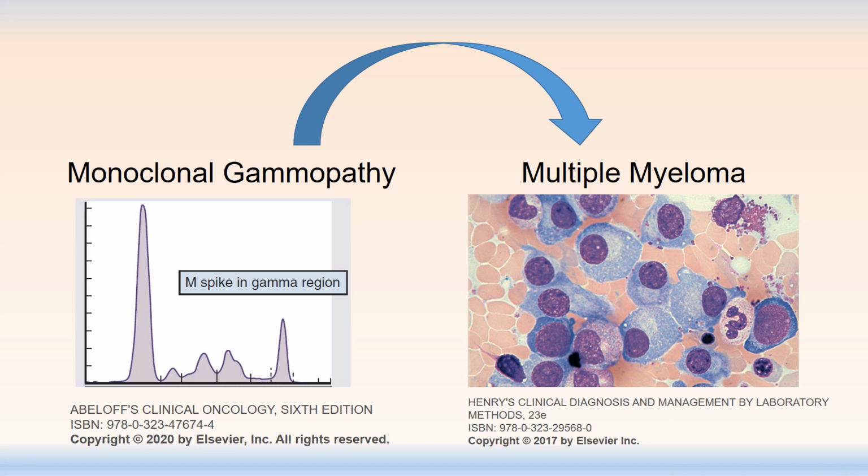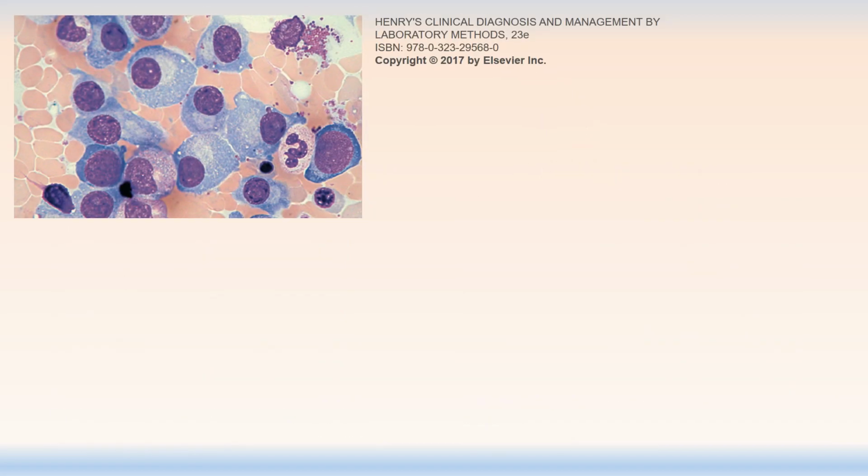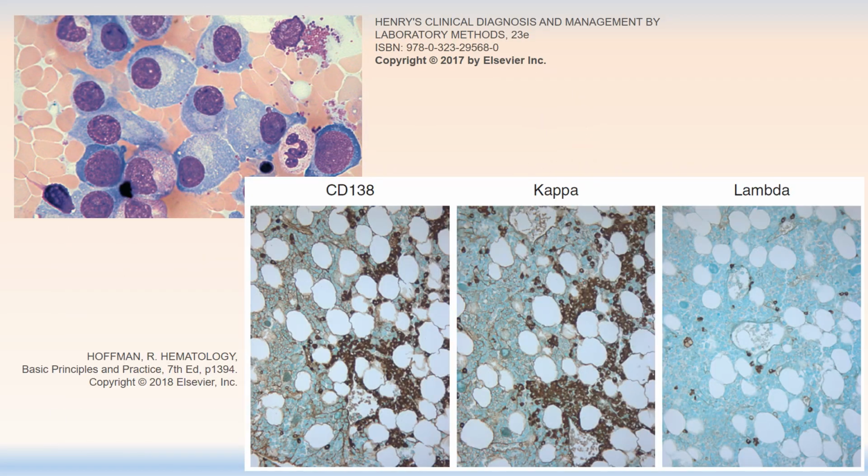Sometimes these plasma cells look quite normal, although increased in number. Sometimes the plasma cells associated with myeloma are enlarged. Sometimes they have immature features like nucleoli. But there's even more you can do to identify these particular plasma cells as being part of a myeloma clone. You can stain these plasma cells. CD138 is an excellent marker of plasma cells, and these dark brown dots show us where all the plasma cells